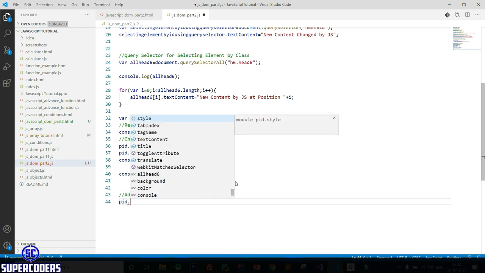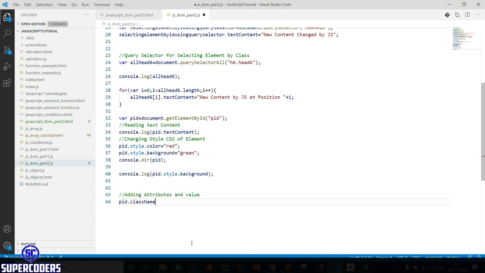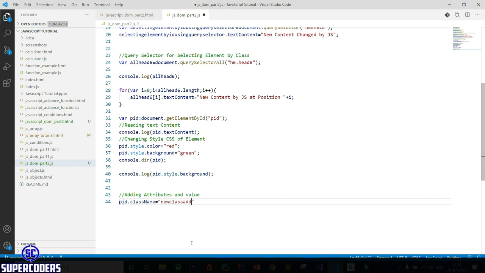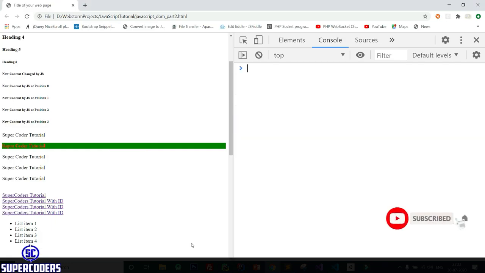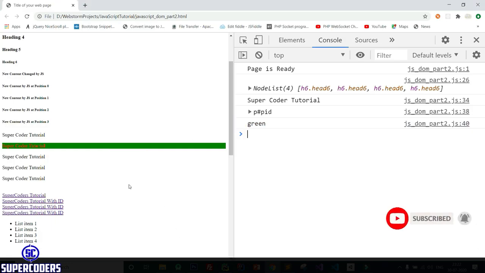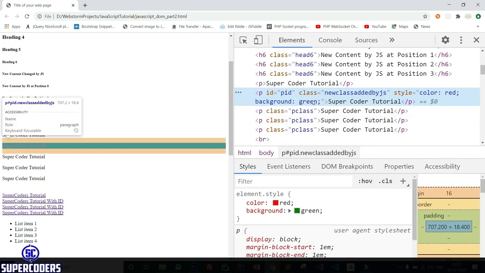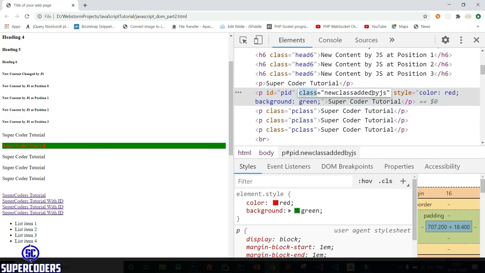If you want to add some extra value, like I want to add an extra class name in this p, so add class name equal to new class added by JS. Let's see if I run, and let's see whether the class is added or not. So click on this and come here, and you can see the class has been added. So in this way you can add attributes and values using JavaScript in HTML elements.